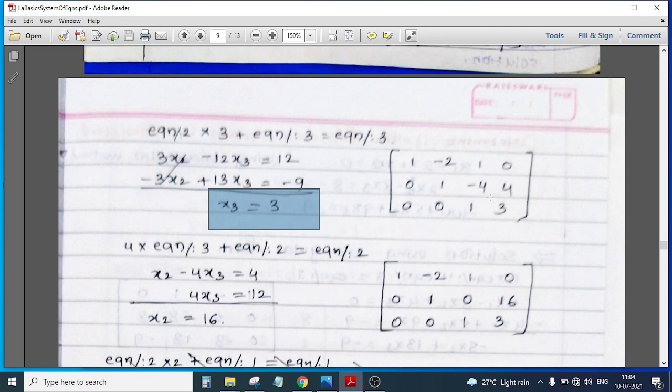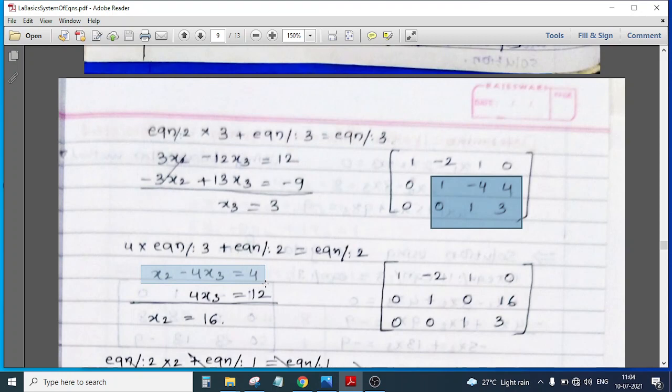So that means I can use any one of the equations and I can get them, or I can solve as we are solving the linear set of equations. So we'll follow the same procedure now. Observe equation 2 and equation 3. We can easily eliminate this x3. Just multiply equation 3 with 4. Then this minus 4 and plus 4 would get cancelled and you will be getting the value of x2. So x2 minus 4x3 is equal to 4.